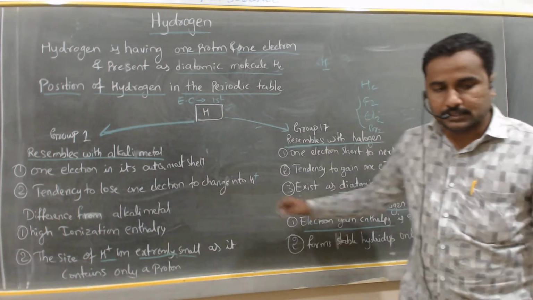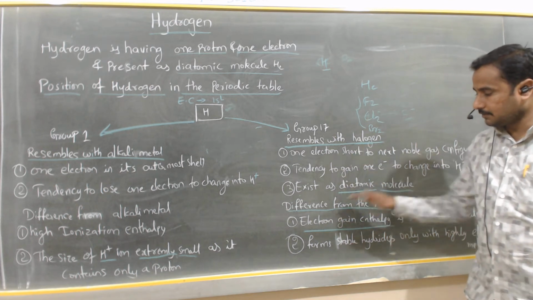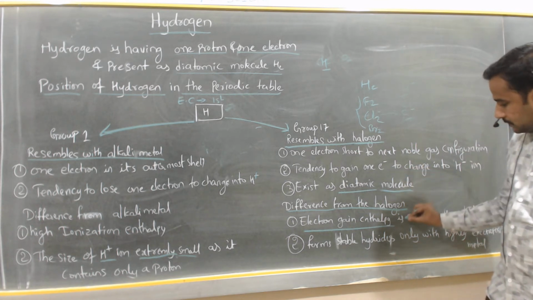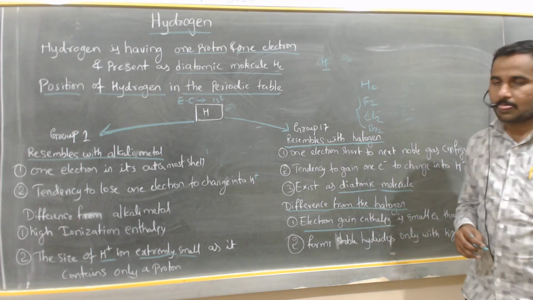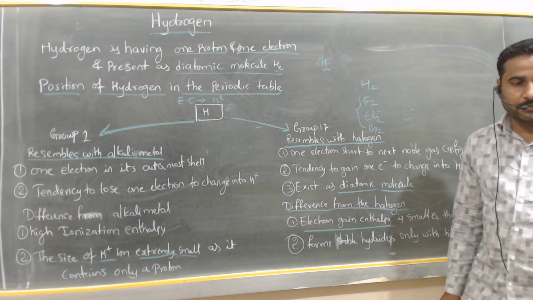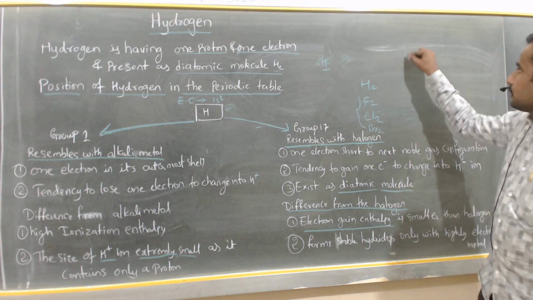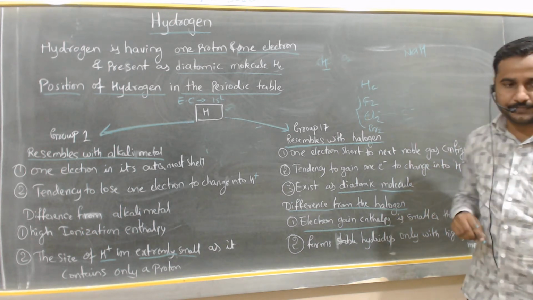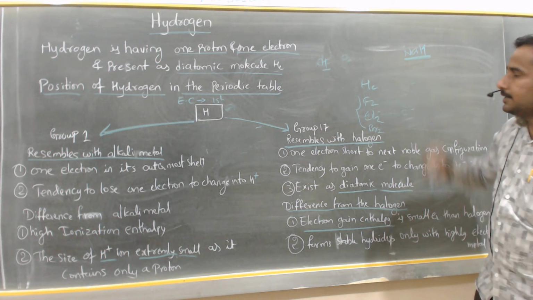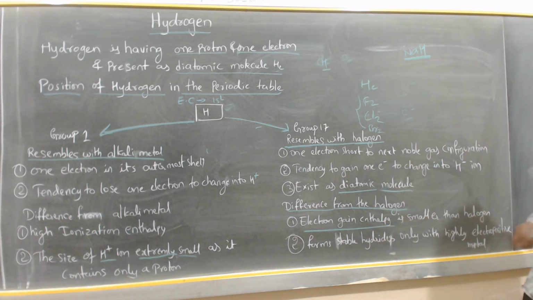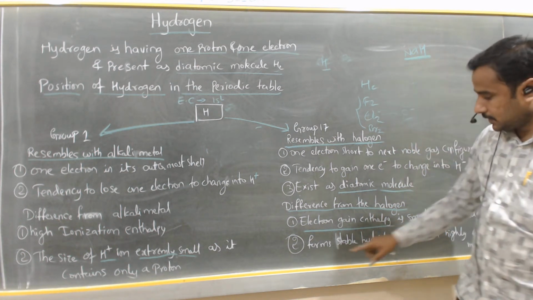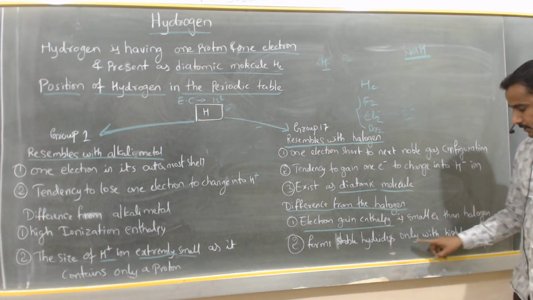So hydrogen differs from the group 17 elements. What is the difference, sir? Suppose hydrogen combines with sodium metal, then it forms sodium hydride, NaH. Sodium hydride is very stable. When you consider sodium hydride, it is more stable. That is written here: it forms stable hydrides only with